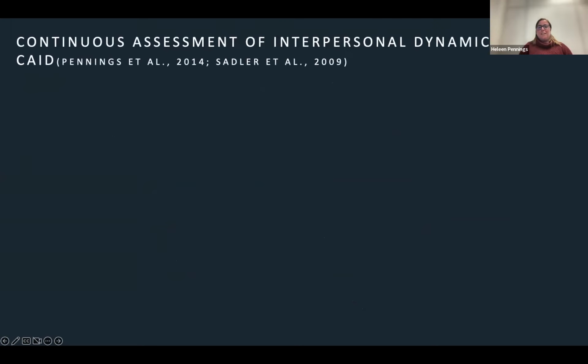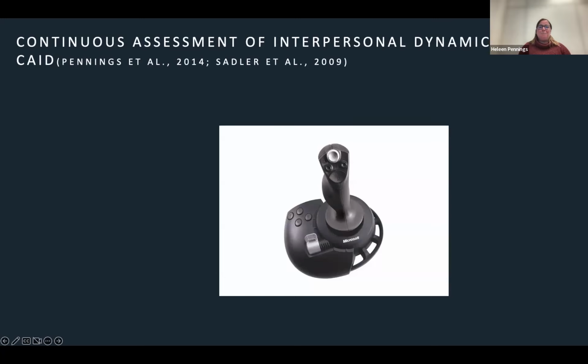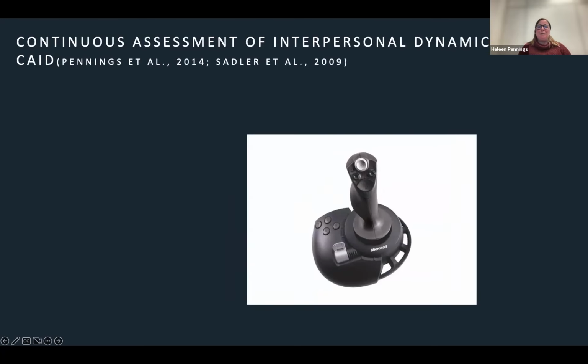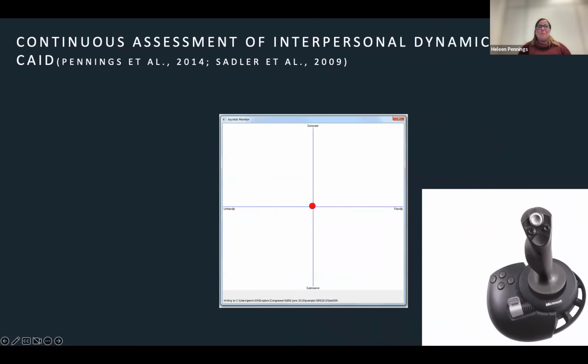To study micro level interpersonal behavior, I used the continuous assessment of interpersonal dynamics method, which is also called the joystick method. So here's a joystick, and I will show you shortly how this works. There's a program behind it which gives you this screen, which resembles the interpersonal circle, except that it's in a square, but we always try to forget that.